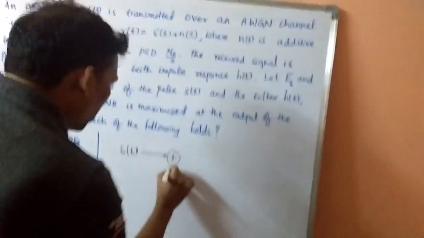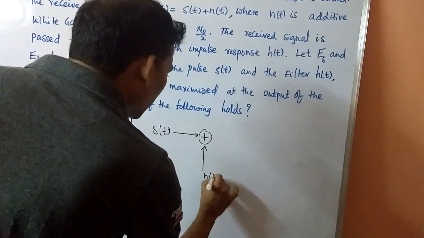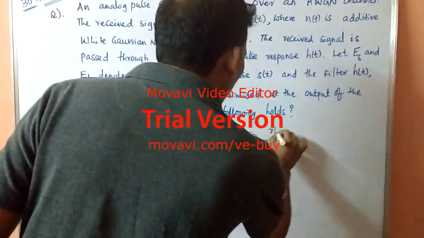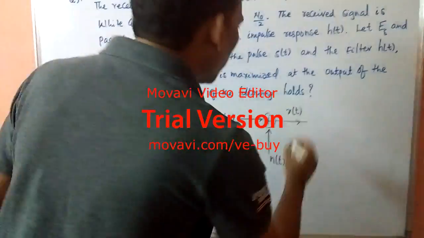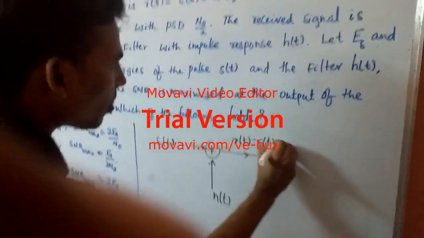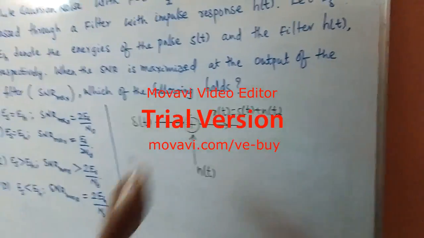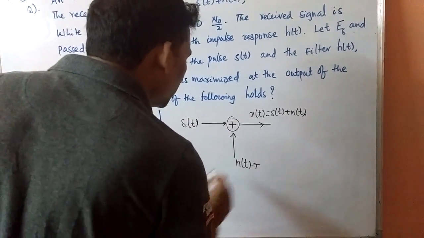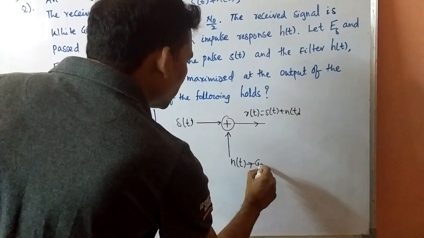Here the noise is added in the channel, and the received signal is R of t equal to S of t plus N of t, where N of t is additive white Gaussian noise. White Gaussian means this noise is a Gaussian